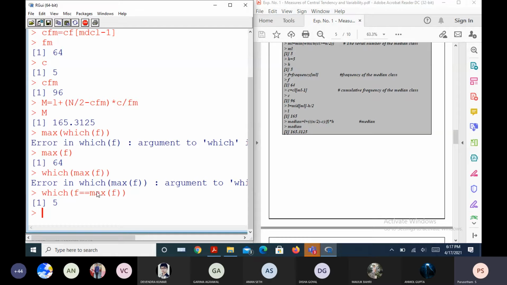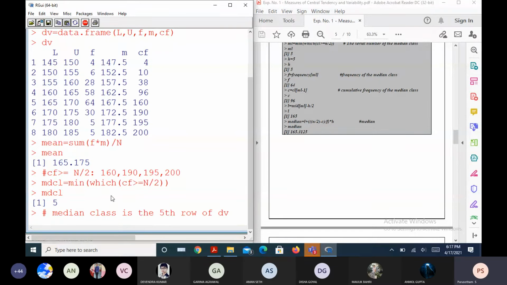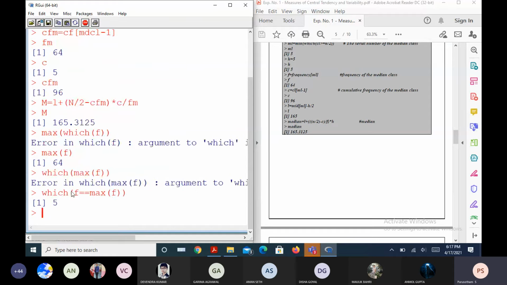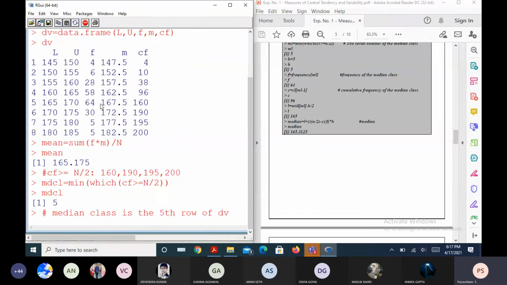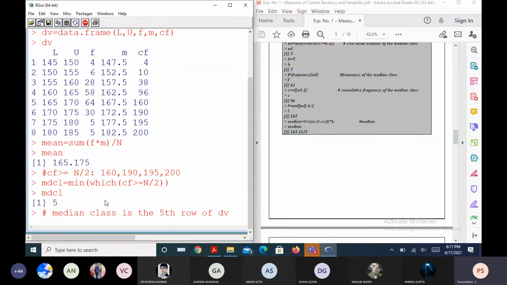For what value of f is this f equal to this scalar? The first value of f is 4. Is 4 equal to 64? No. Then it takes the next f, 6. Is 6 equal to 64? No. Like that it will keep continuing, then will provide us this 5.